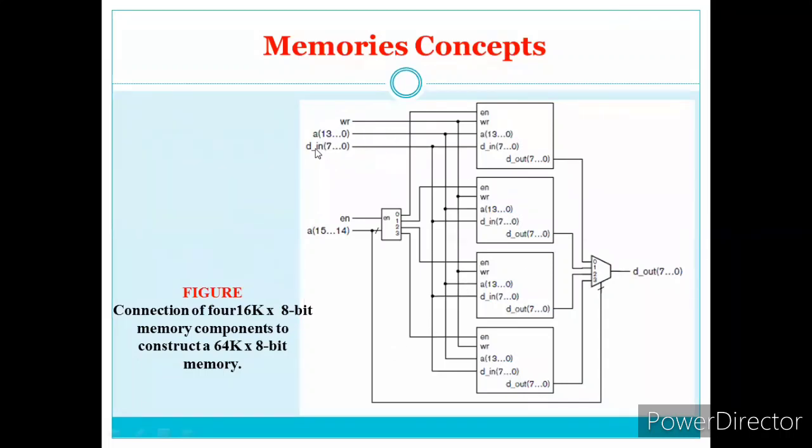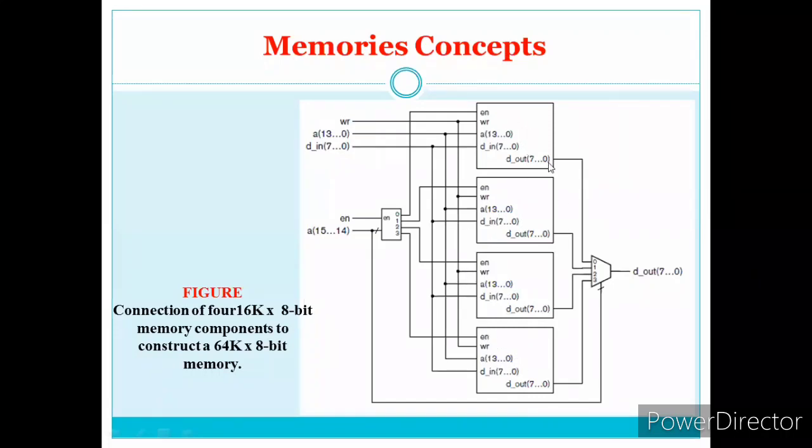As we have seen, we have data inputs of 8 bits, which is 7 down to 0. The available memory location is 14 bits, which is 13:0. In order to reduce the size of the component, we use only a write signal. If write is 1, it performs write. If write is 0, it performs a read operation.